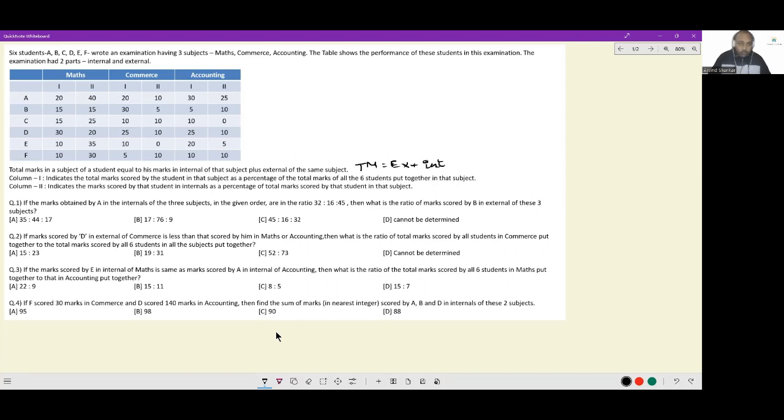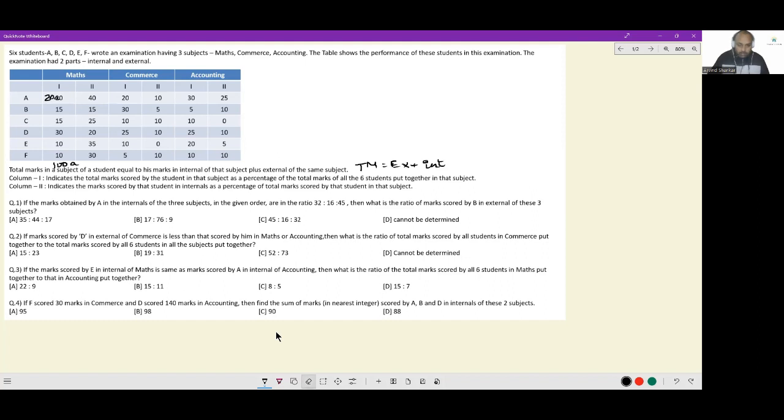Column 1 indicates the total marks scored by the student in that subject as a percentage of total marks of all the 6 students put together in that subject. And column 2 indicates the marks scored by the student in internals as a percentage of total marks scored by the student in that subject. So let's say column 1 is the percentage of marks scored by the students out of total marks scored in maths. So if I say the total here is 100A,